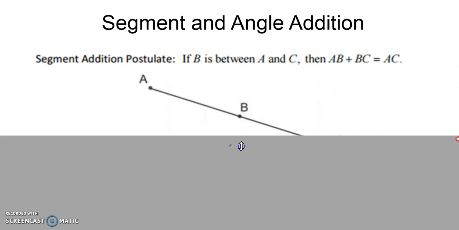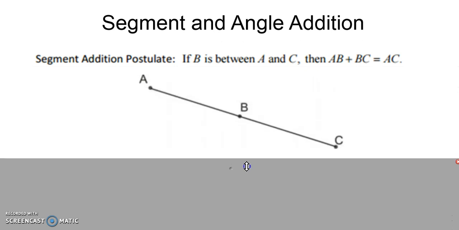So this lesson will be on segment and angle addition. We're going to go over these postulates, how to apply them to problems, and how to also apply them to proofs. So the first postulate is the segment addition postulate, and it says that if point B is between A and C,